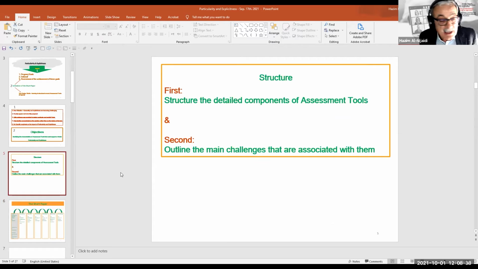To achieve this, we need two stages or two steps. First, we will structure the components of the assessment tool as they appear in the design studio. And second, we will outline the general challenges that are associated with each of these components.